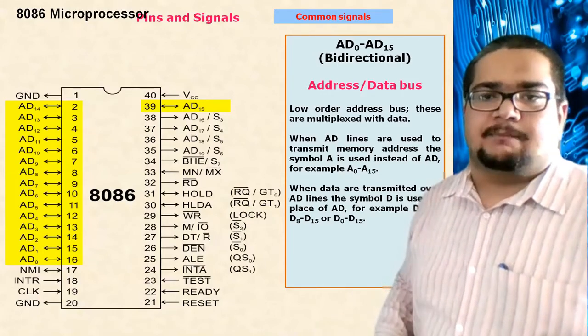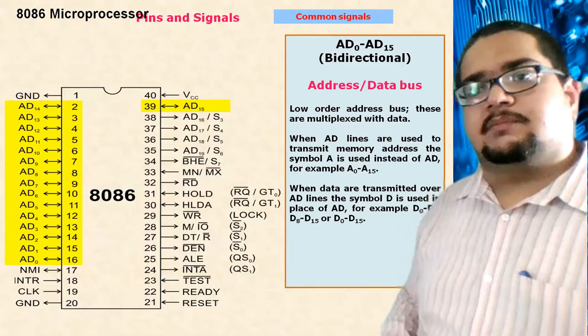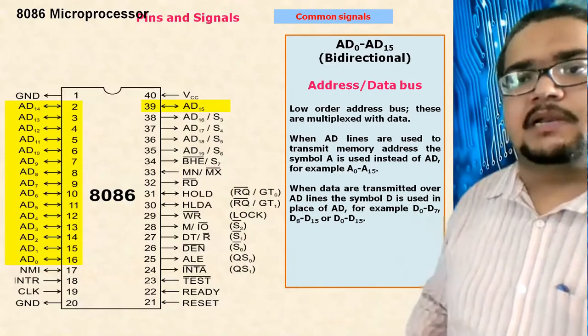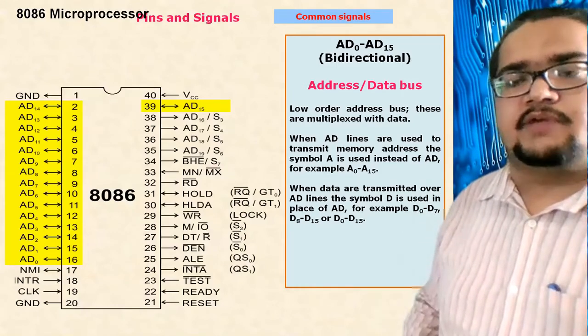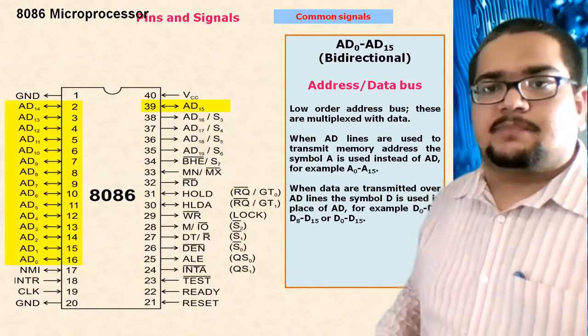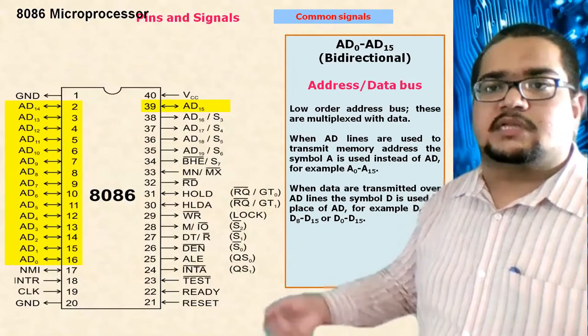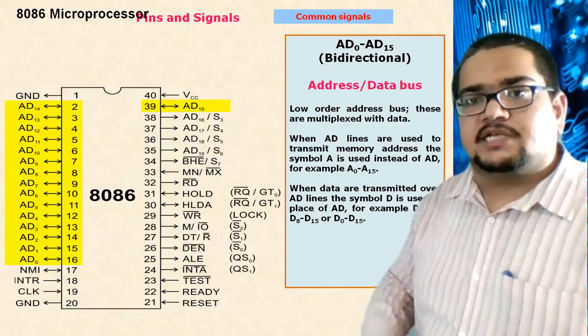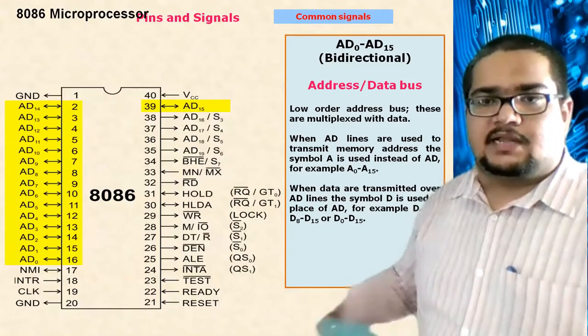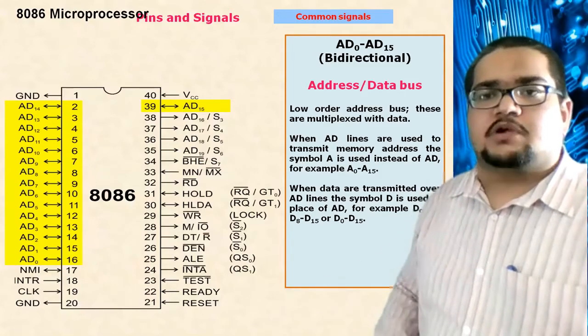time multiplexing will happen. I hope you can understand the multiplexing concept, where multiple inputs can be given to the same device, but for communication purposes, transmitting these inputs to the other side, the multiplexer will do a selection of one input at a time and transmit that to the other side. So that is what is happening here.